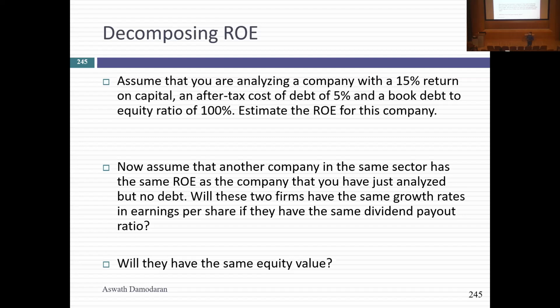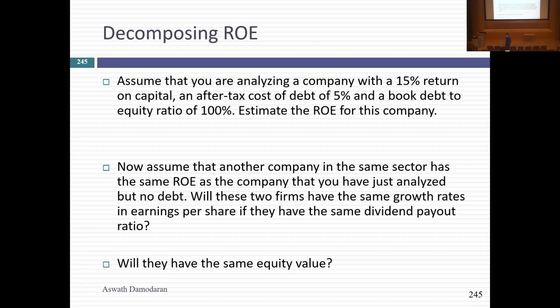In fact, to talk a little bit more about the return on equity calculation, let's say your company has a 15% return on capital, a cost of debt after tax of 5%, and a debt to equity ratio of 100%. Do you know what the return on equity is going to look like for the company? I made the numbers nice, round numbers, you don't need to calculate. 15% return on capital, debt to equity ratio of 100%. And every dollar they borrow, they make a 10% spread over the cost of it.